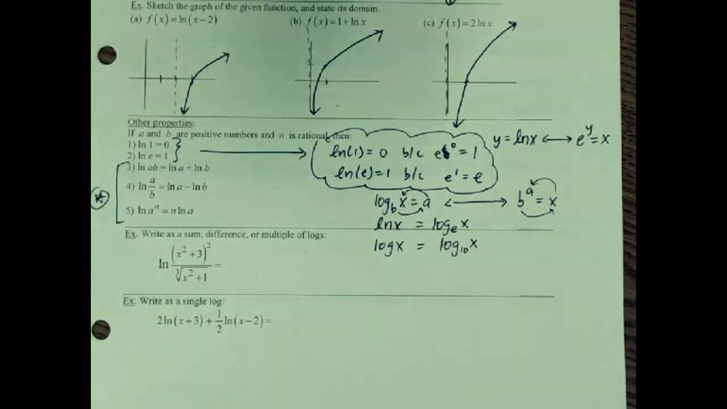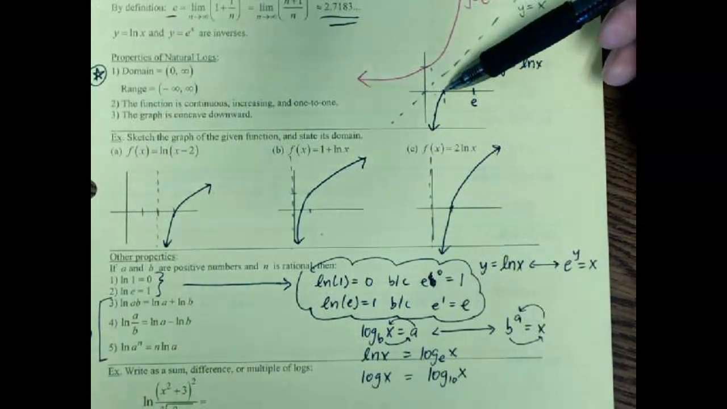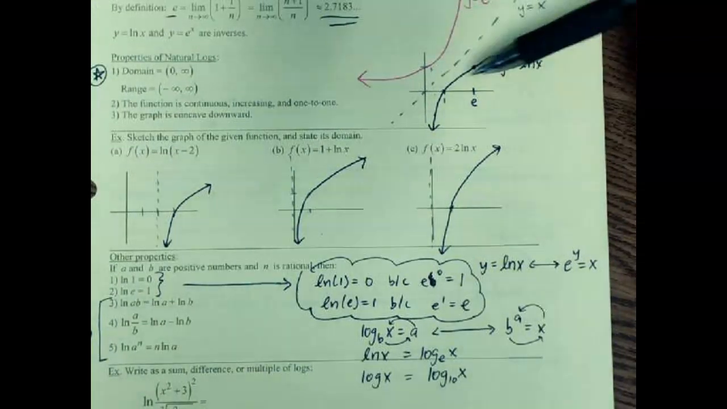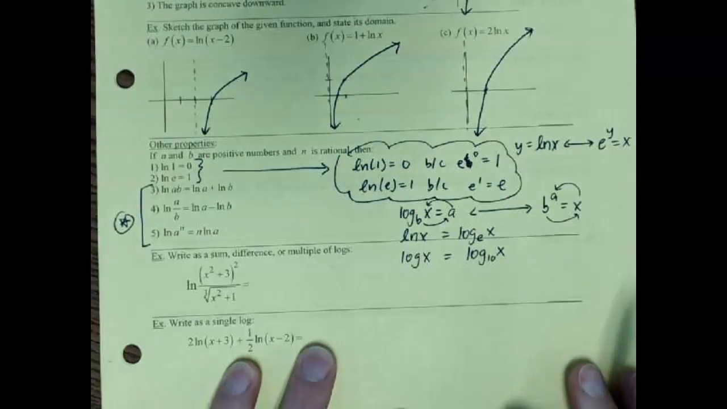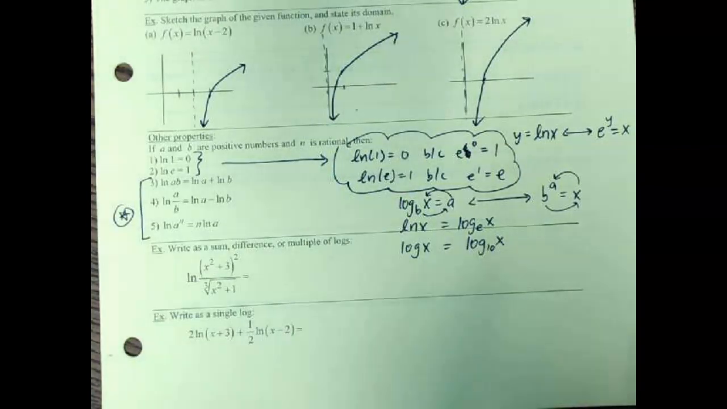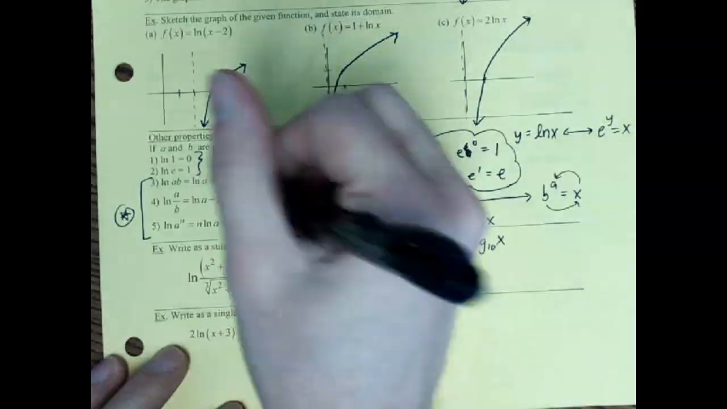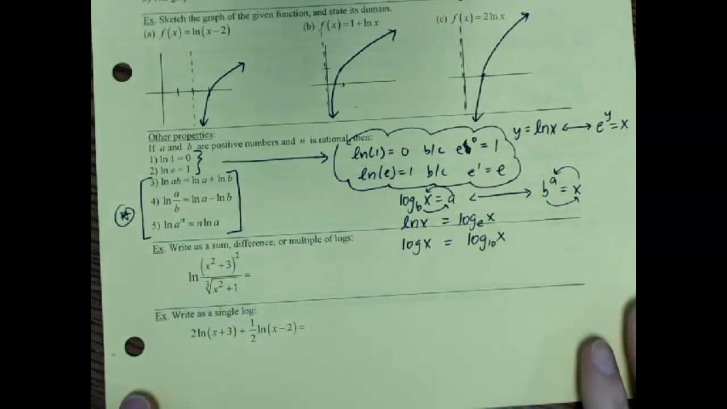So two facts that you would need to remember. ln of 1 is 0. That's where you have the x-intercept, right? When x is 1, the y value is 0. And then when the x value is e, the y value is 1. So ln of 1 is 0. ln of e is 1. Okay, some basic facts. And then we have some properties of natural logs, and these are pretty important, so hopefully